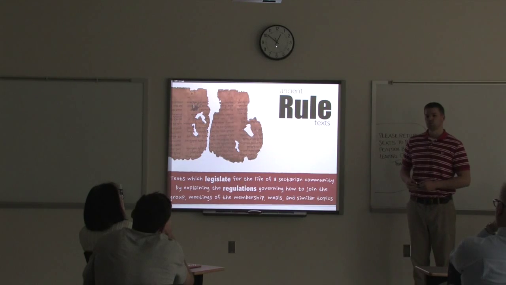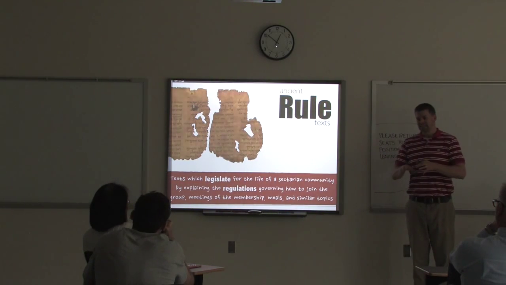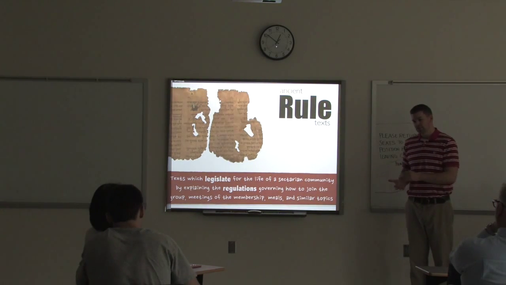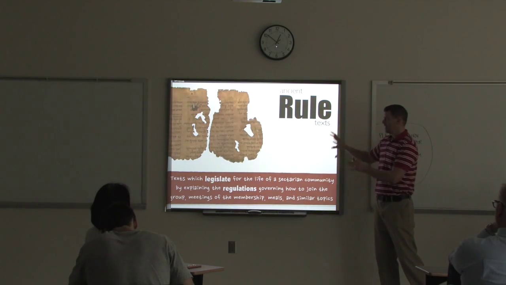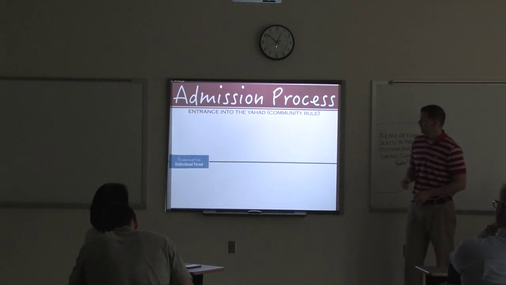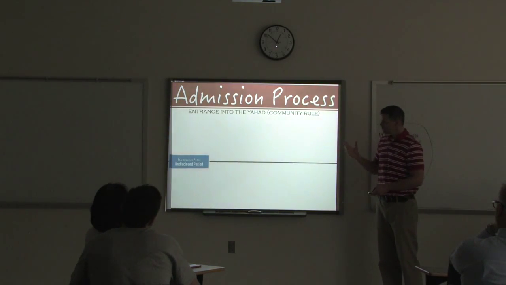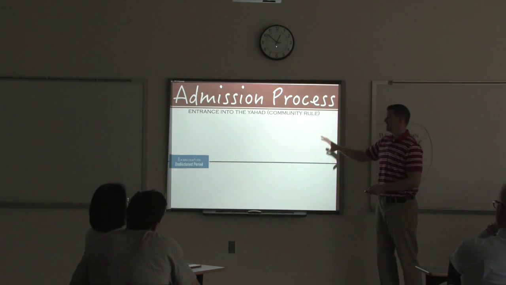This is called an ancient rule text. Now, these texts regulate life in a particular community. They tell all the regulations, how meetings are set up, how you gain entrance. It's again new to us. We had never seen these before. Now, here's one example. This is a text from the group called Community Rule. And it gives us the rundown of what you need to do to get into this group.